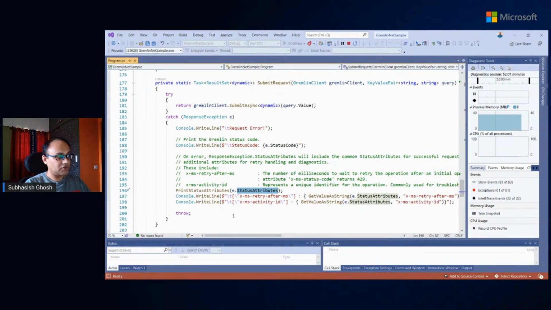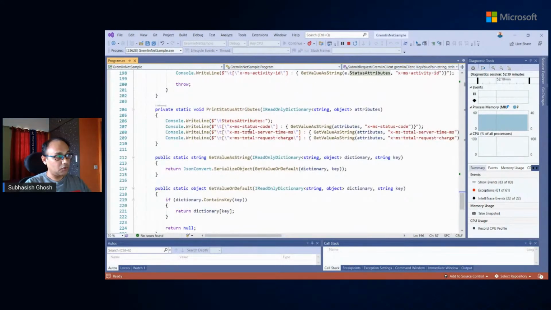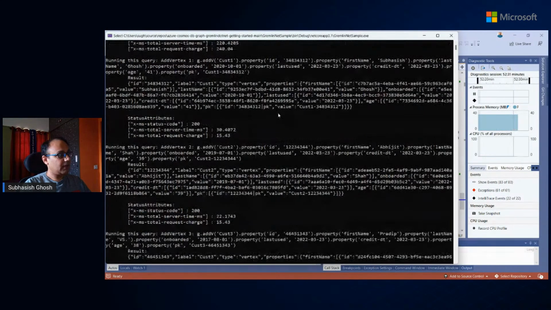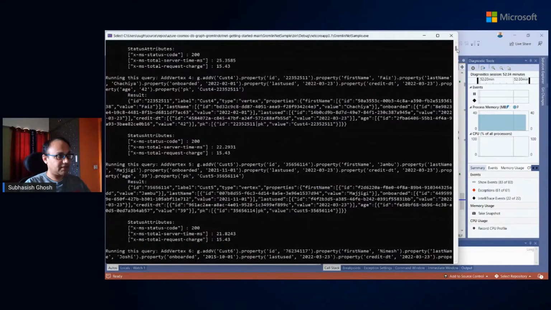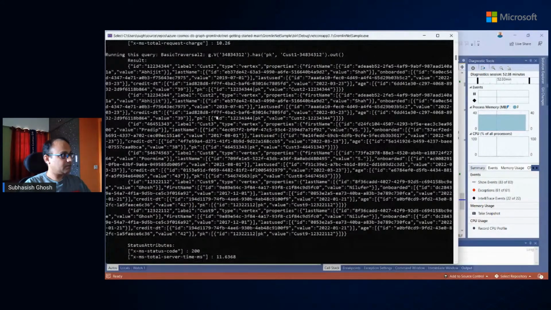The status attributes print out the retry-after milliseconds and also the unique identifier for the operation. We also used status attributes specifically for getting the total server time and the total request charge. So if I share the output on the screen, these are add vertexes, but specifically I will go to an operation where I'm doing a basic traversal, correct?